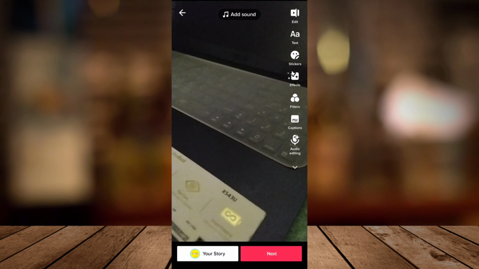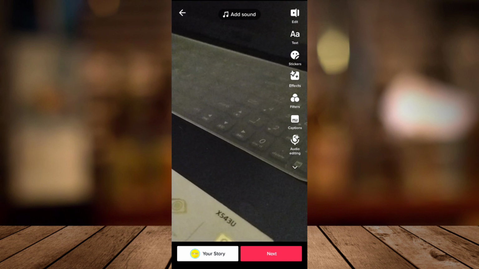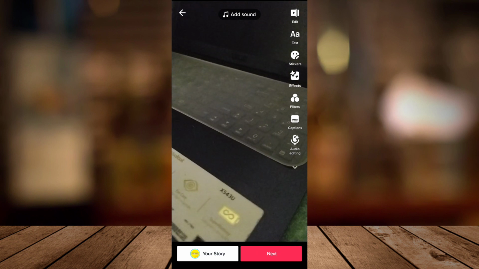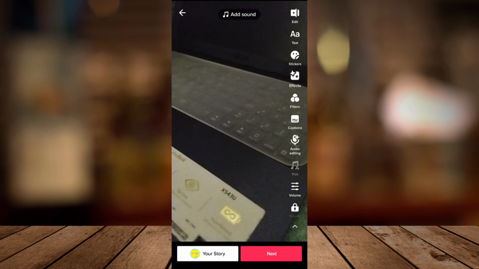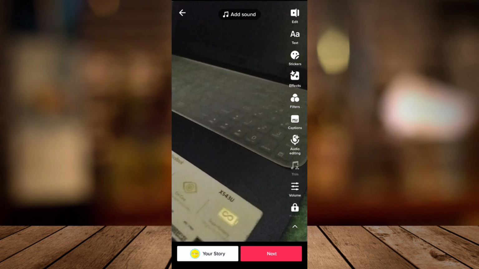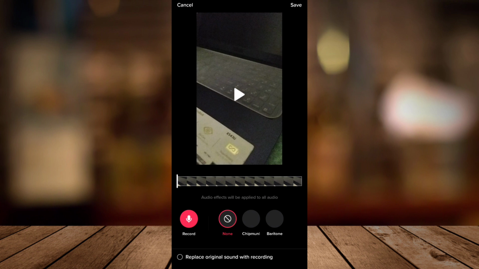And then after you take a video, you can see at the right part of your screen all the effects that you're going to put on your video. So for example, right here, you can see the audio editing. So tap on that. Then at the bottom, you can see here all the audio effects that we're going to